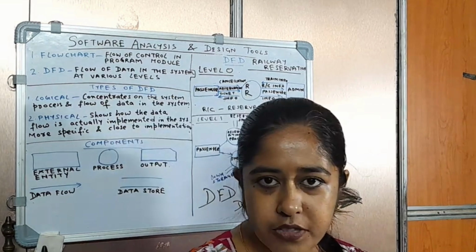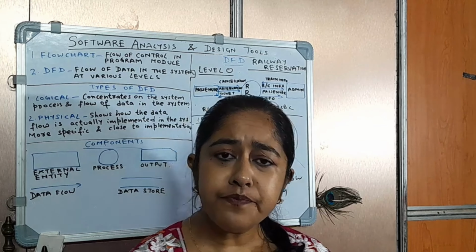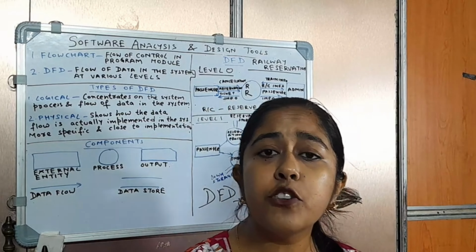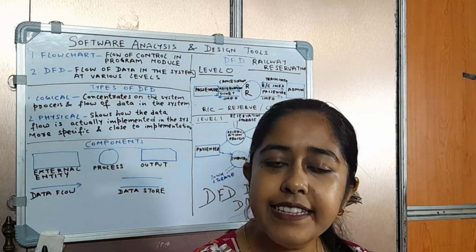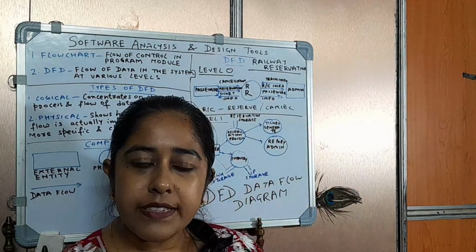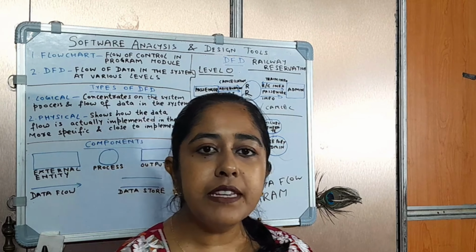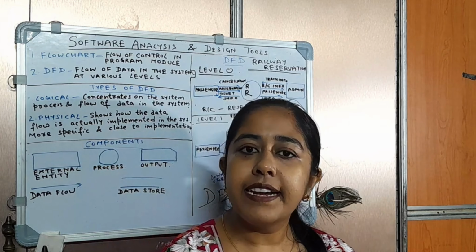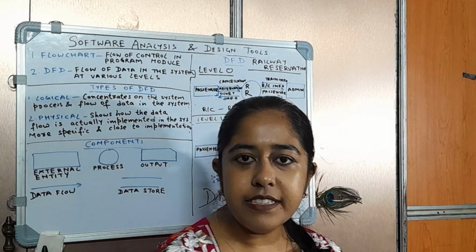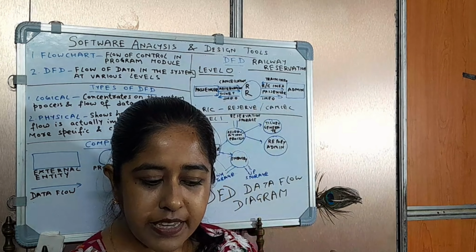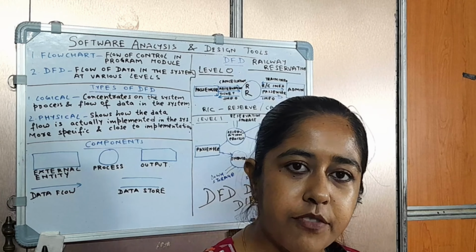Whatever data is going to flow inside a particular system, the whole information is stored in these DFD pictures. This is a graphical, or pictorial, representation of the flow of data